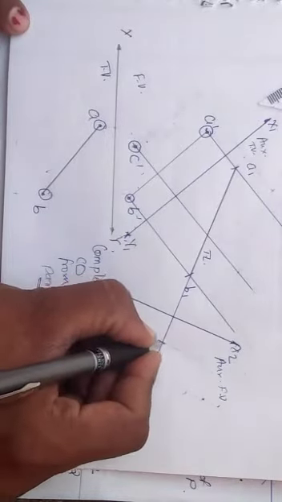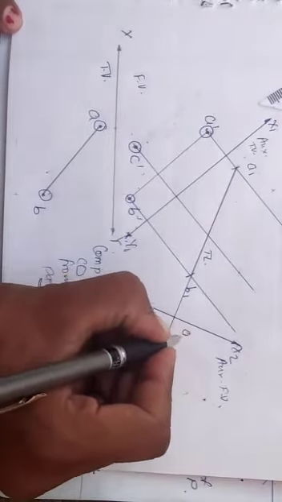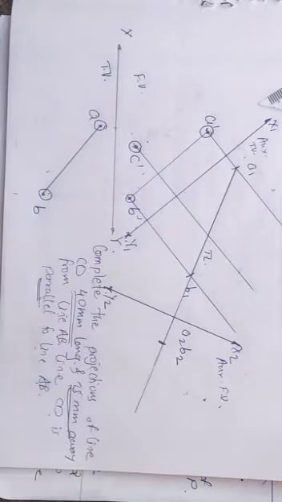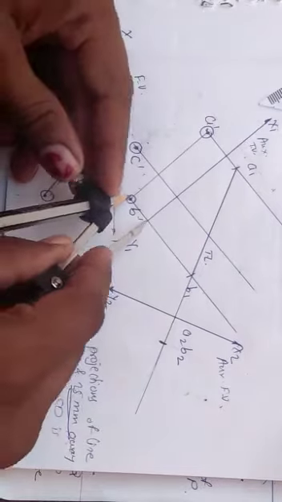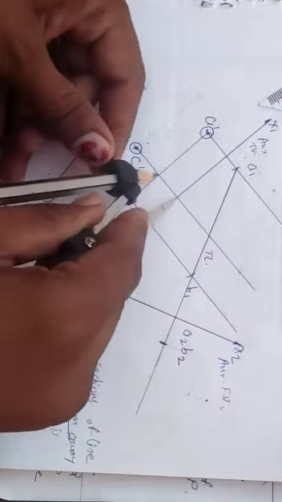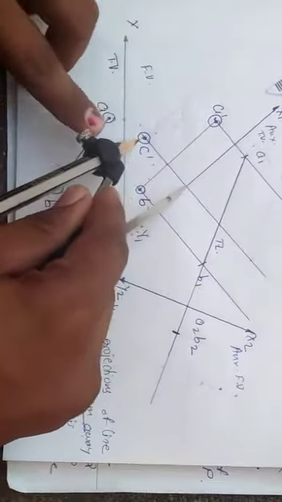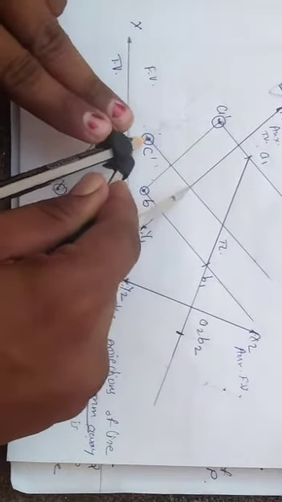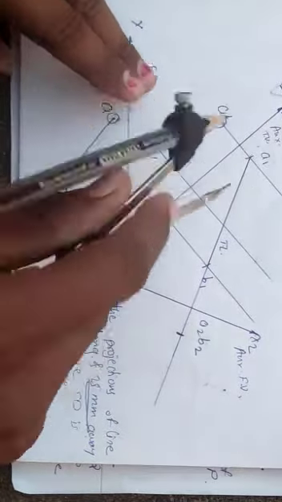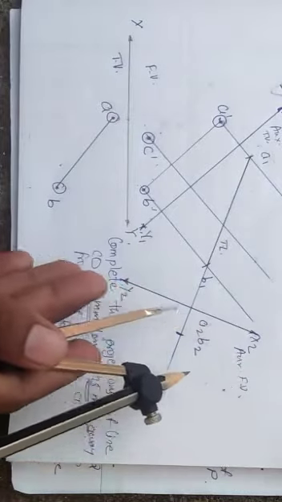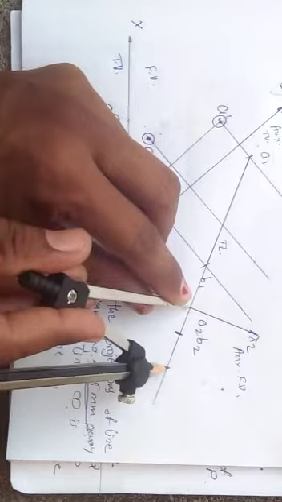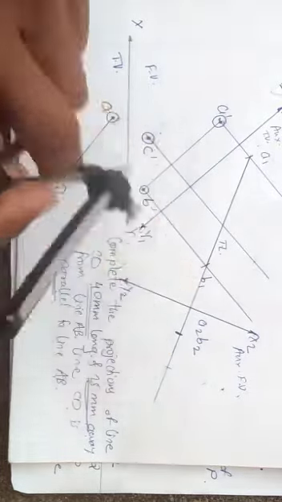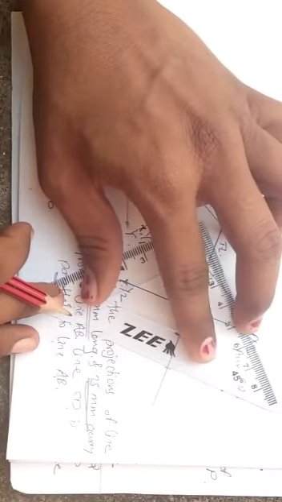So here we will be getting the point view of AB. A2, B2 we will number it. And then while taking the distance of A and B, I can find the point C's distance also here. So take the distance of point C in compass and try to mark it, but we don't have the projector of C. So for the time being we will mark the point C here on this extended AB only, and then we will construct a locus.